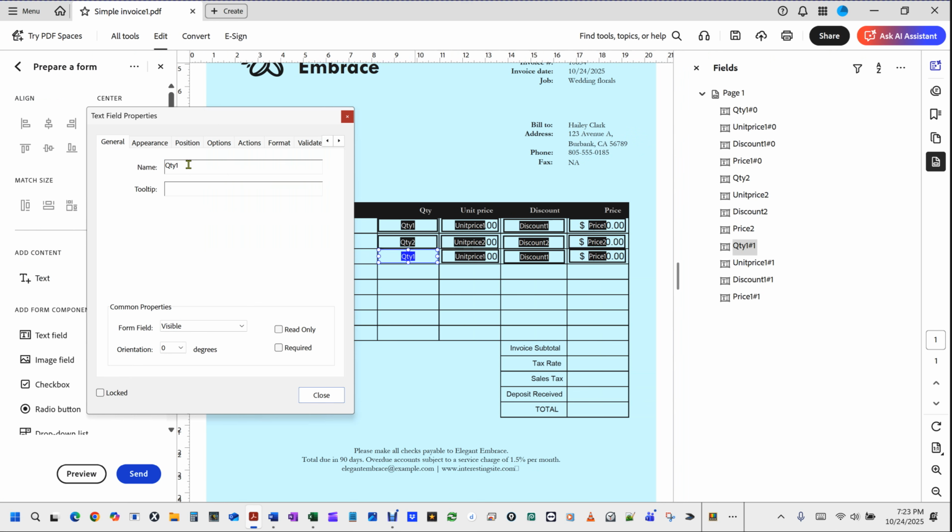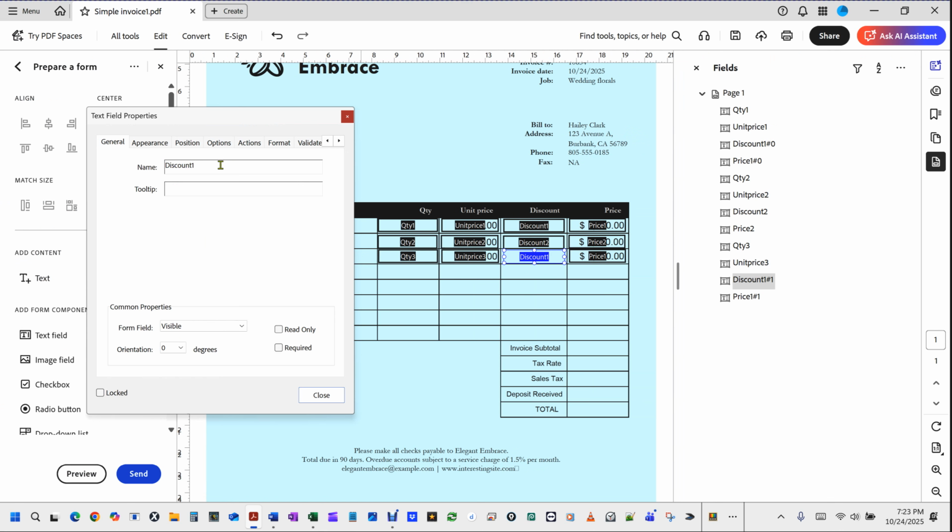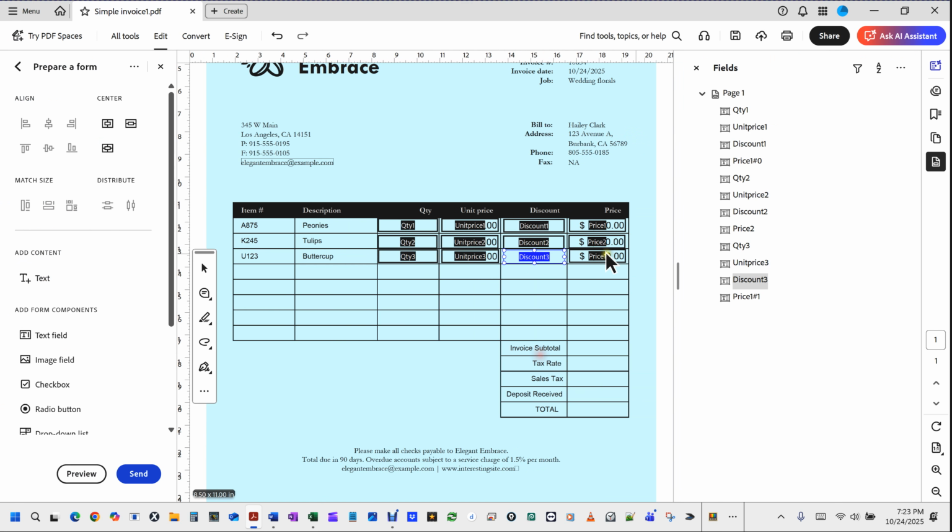So I'm going to backspace, quantity, backspace 3, go to the end, backspace 3, go to the end, backspace 3, close,